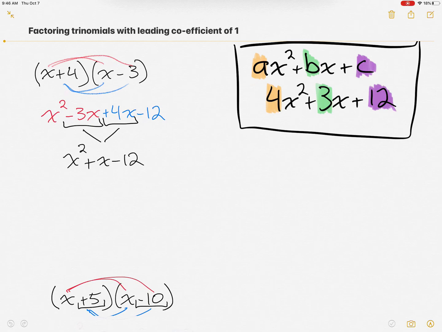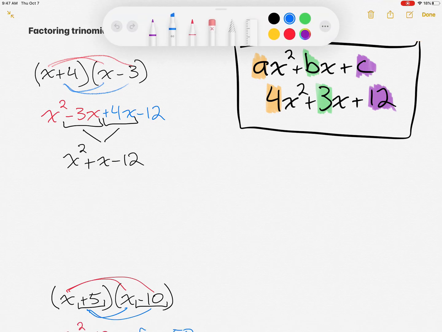All right, here it is, factoring trinomials with a leading coefficient of 1. What does that mean, you might ask? That means that the coefficient on x squared is 1, or there isn't one because we don't write the 1. So first thing is, while I am focusing on how to factor these out, I do